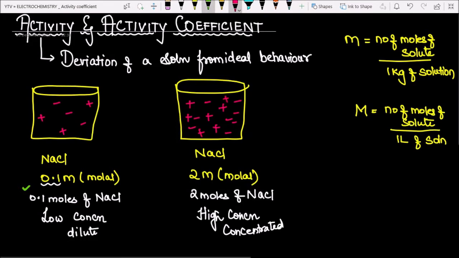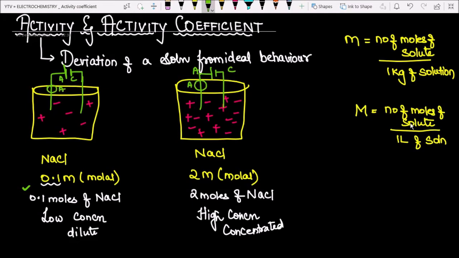Now what I'm going to do is measure the current. I'm going to pass electrodes through this and measure the current. Let's say I'm passing a wire connected to a battery. So I have the positive terminal and the negative terminal, which are the anode and cathode. In this case also I'm doing the same thing. Now what would one expect? I'm also connecting an ammeter over here to measure the current.